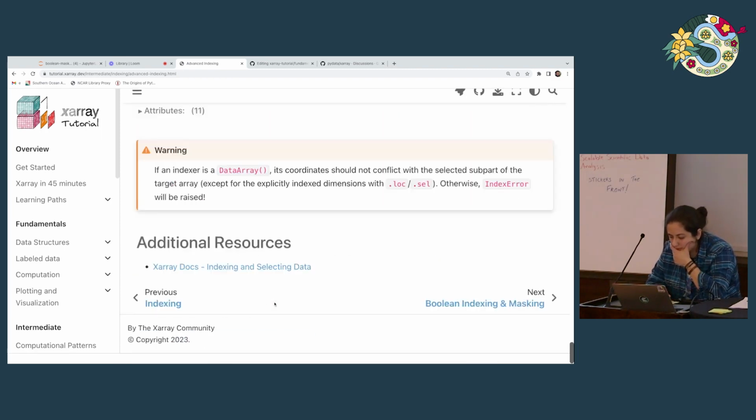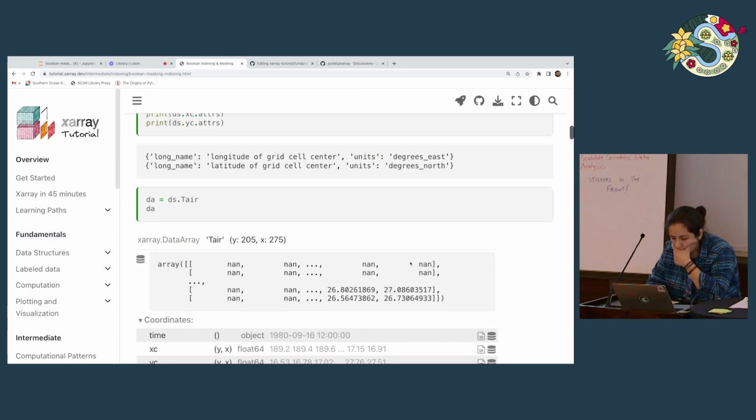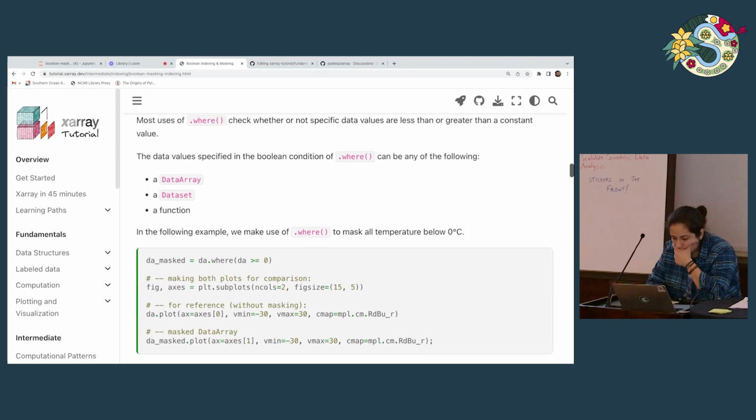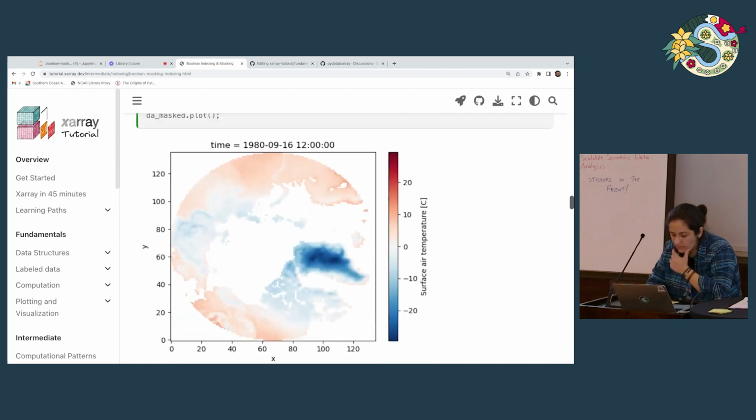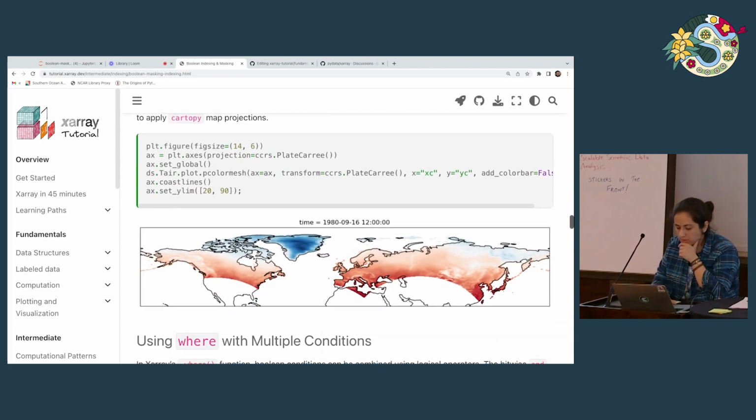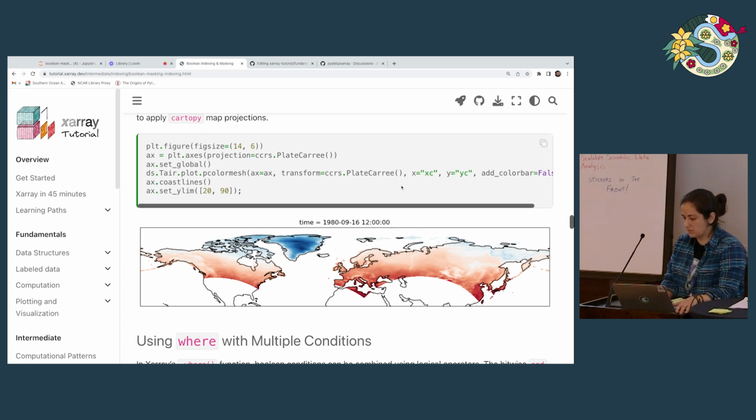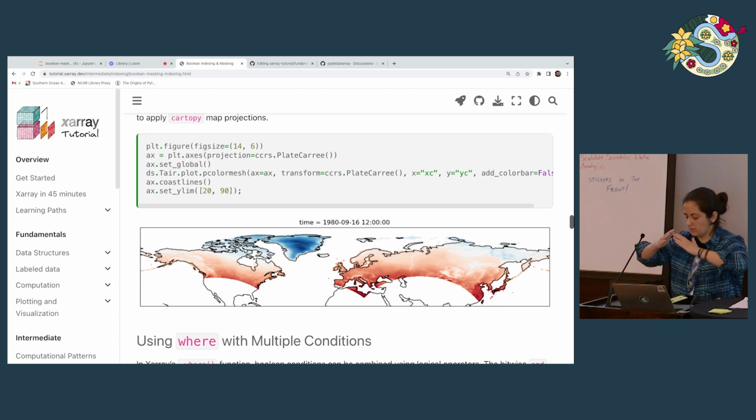Yeah, I think we are not in the correct notebook. You're right. So here, yeah, here it is. So this is just latitude and longitude. So we basically just transform it and apply the map projection, basically using cartopy. That's what we did. So if you look at the grids,